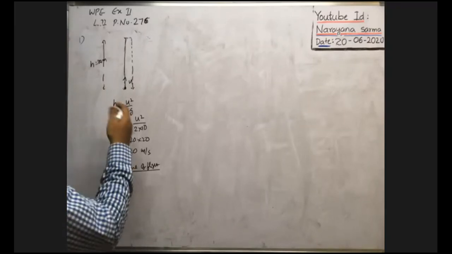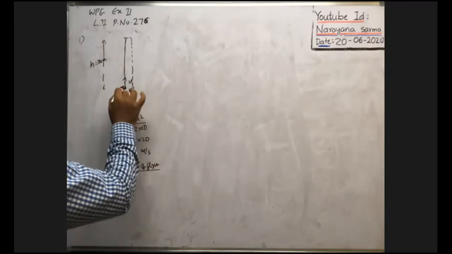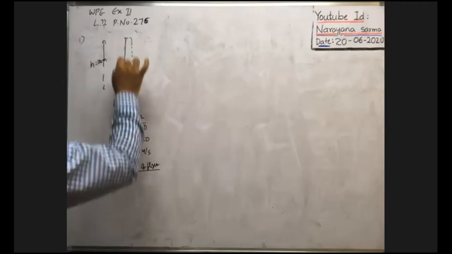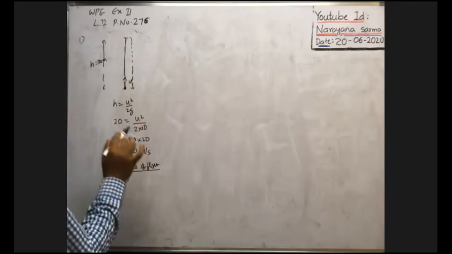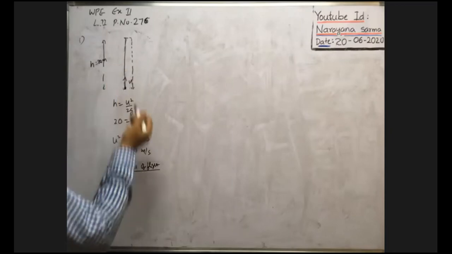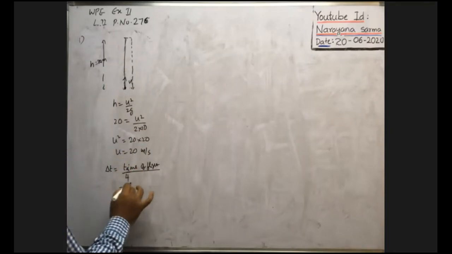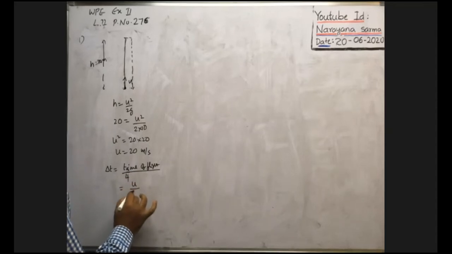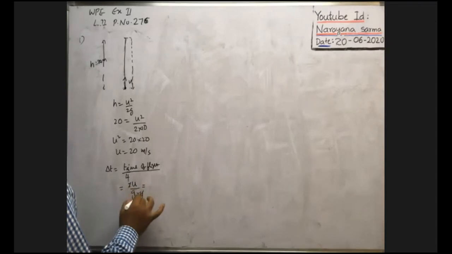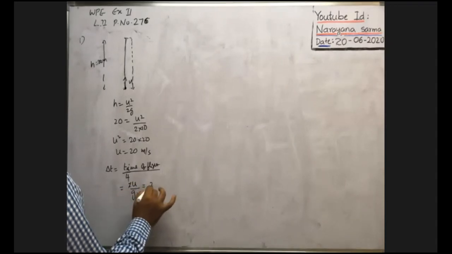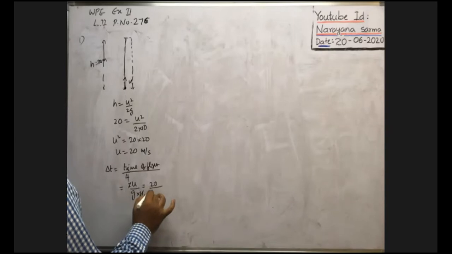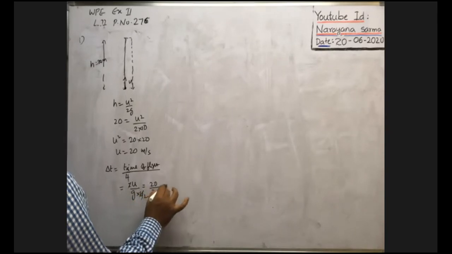Suppose if 5 balls are there, time of flight... Time of flight means total time taken by the body to come back to the initial point. That is the time of flight. If 5 balls are thrown, then T by 5; if 6, T by 6. As 4 are thrown, T by 4. So time of flight means 2u by g, by 4. So this is equal to 2u, the velocity of projection 20, by g into 2, that means 2 into 10, that is equal to 1 second.